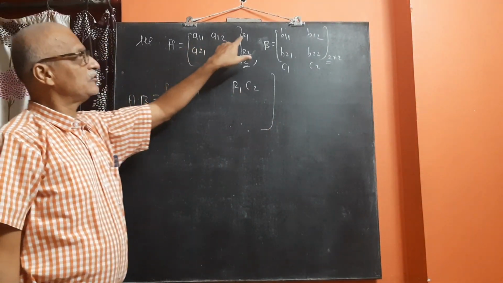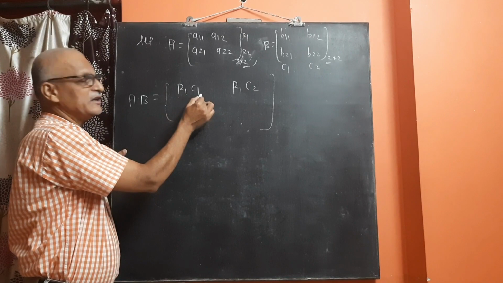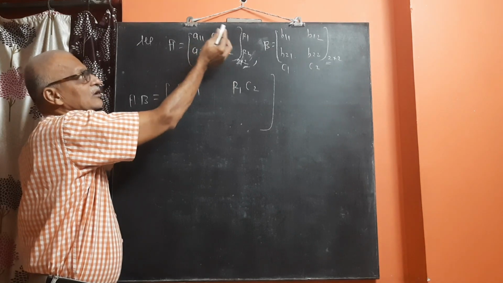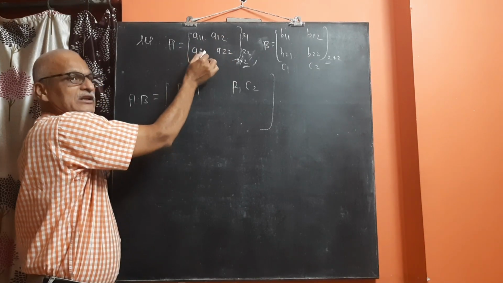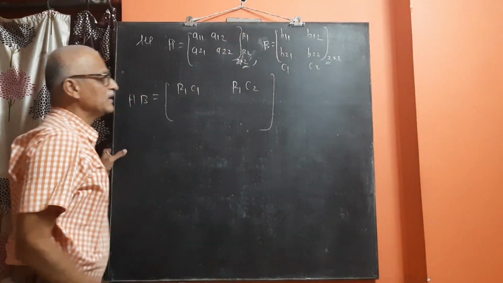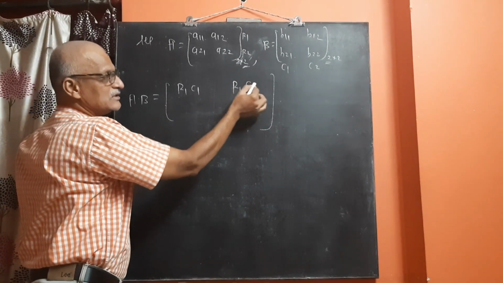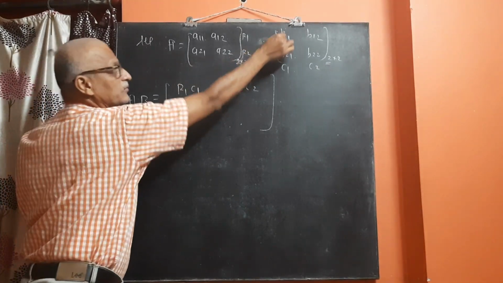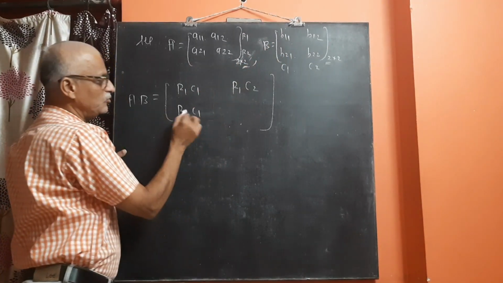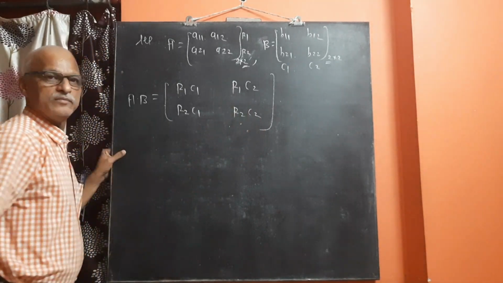First we have to multiply the first row with the first column, so this is your R1 C1. That means 1 1; this position indicates the first row, first column. 1 1 indicates first row, first column. 1 2 indicates first row, second column. 2 1 is second row, first column. 2 2 means second row, second column. Same in the matrix B. So this position is 1 1, first row, first column. 1 2 means first row, second column. Then second row, first column, that is R2 C1. 2 1 means second row, first column. Then R2 C2, second row, second column.